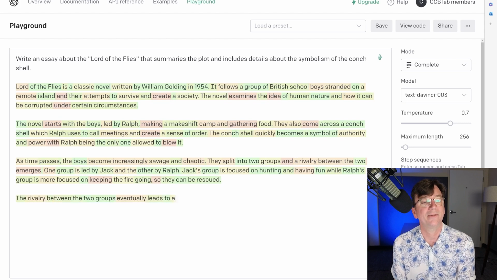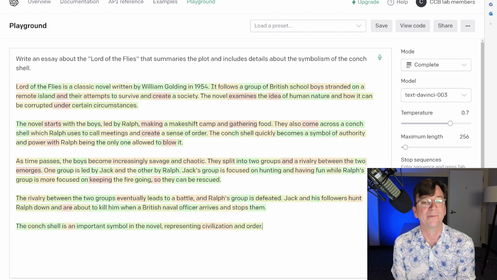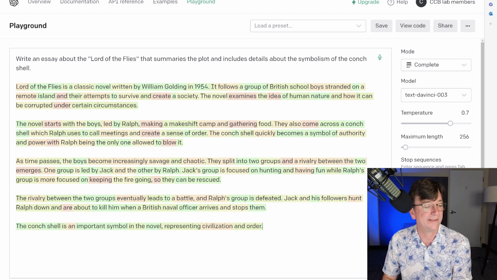So it'll say, The Lord of the Flies is a classic novel written by William Golding in 1954. It follows a group of British schoolboys stranded on a remote island and their attempts to survive and create a society. The novel examines the idea of human nature and how it can be corrupted under certain circumstances. The novel starts with the boys, led by Ralph, making a makeshift camp and gathering food. So it goes on to describe the plot for a few paragraphs, and then in the end it says,